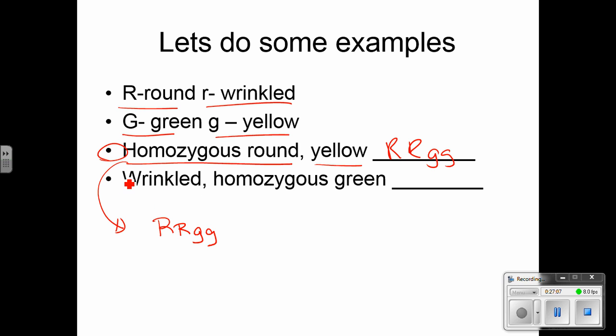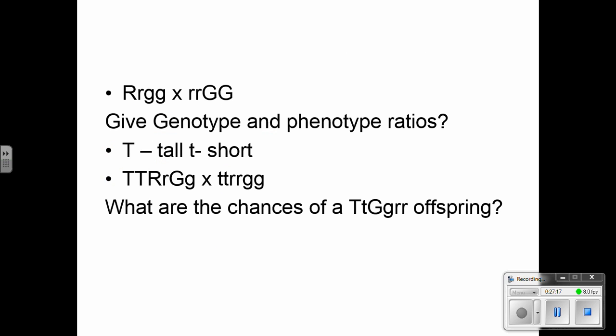And then we're going to make with that a wrinkled homozygous green. So wrinkled means it's going to be like this, and homozygous green means it's going to be like this. Okay? So we're going to go ahead and multiply these out. And instead of doing the whole Punnett square, we're just going to do the math. And we're going to give the phenotype and genotype specific ratios for this. And then I'll let you get on with the next one here. So